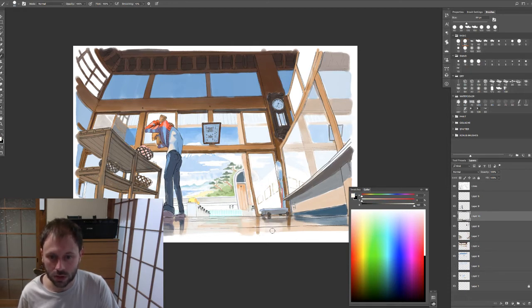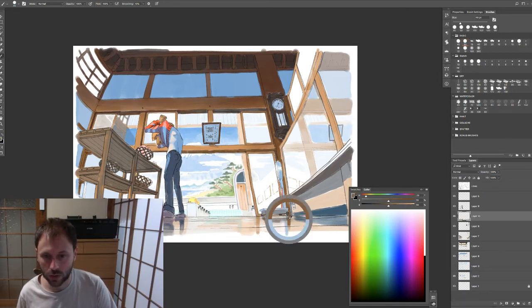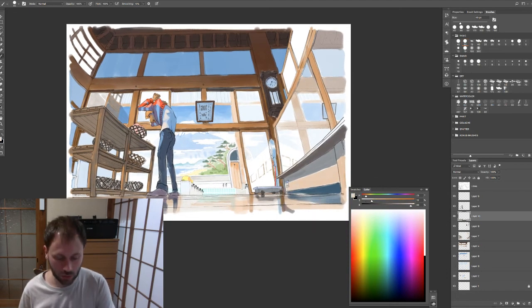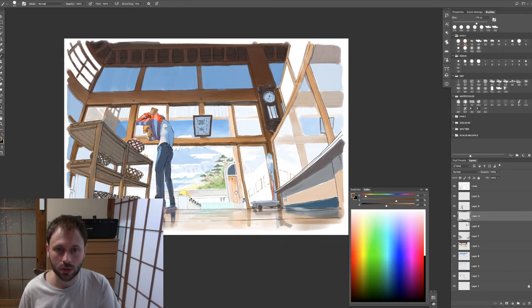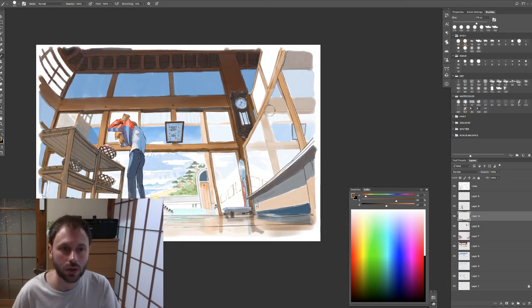Okay, and this is kind of white, and there is this thing here and a thing here, but also it's kind of wooden, so on top of that it's a little bit of kind of wood color like this. Okay, and now